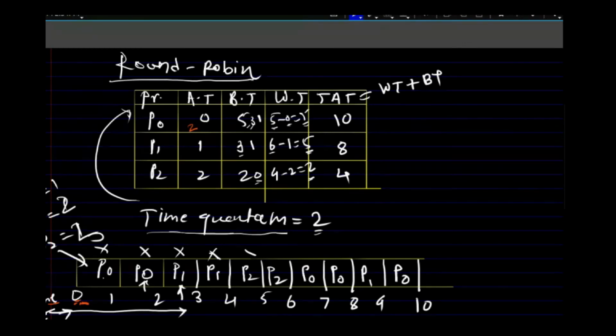What process is here? We are calculating the waiting time for P2. So we have considered this, this. Then P2 is completed here, but we are not considering this, and this, even though P2 is not executing here. Why? Because P2 is already completed here. So if it is completed, then there is no requirement of incrementing the waiting time.